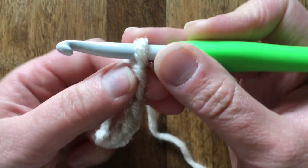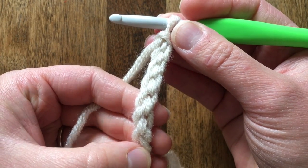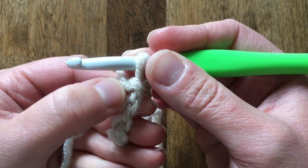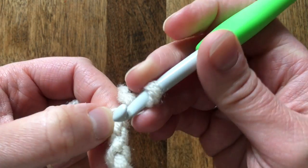Let's turn it over and count the ridges on the back, so we're going to work into the back. 1, 2, 3, 4, 5, 6, and there's the 7th. So you're going to work into the 2nd chain from the hook, so the 2nd ridge,